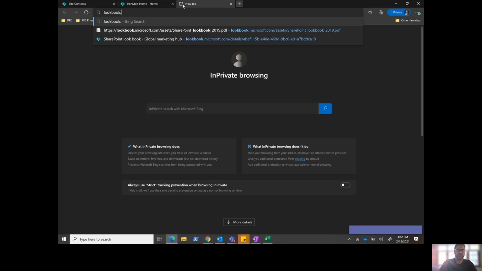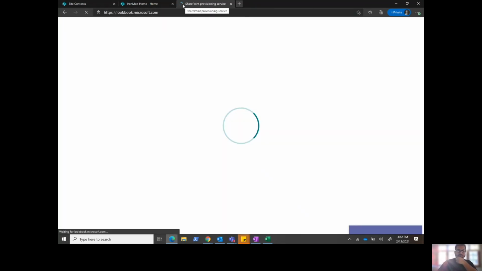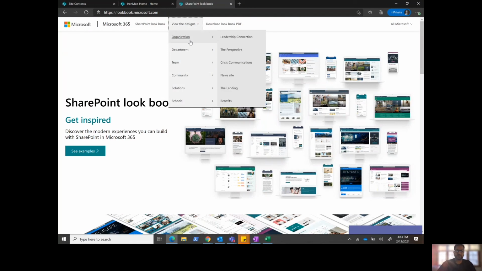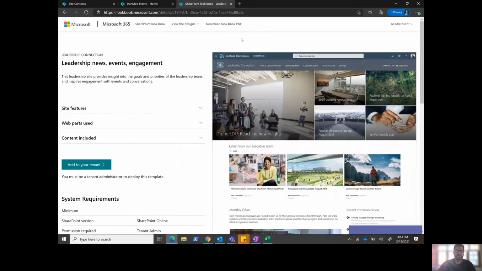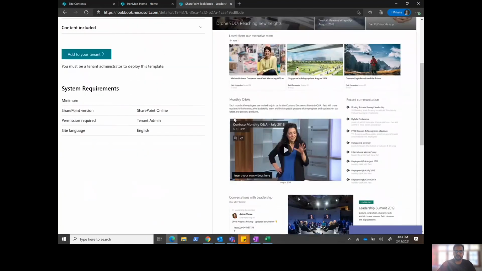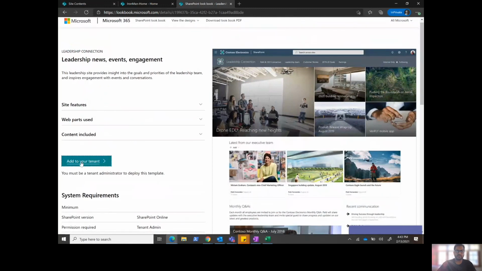So let's go to lookbook.microsoft.com, and what I'm going to do is I need you to run through a lot of these exercises. Try to grab some of these templates from here. What I'm going to do is click on organization and leadership connection. Immediately I get a template which I can see visually what it looks like, what it's going to do. I can click on add to your tenant,